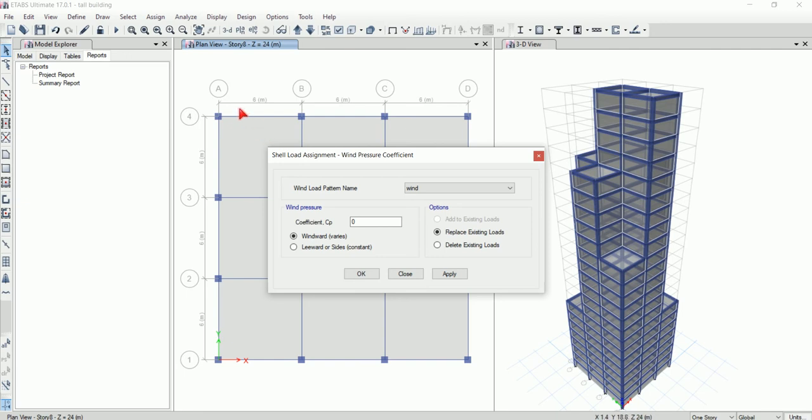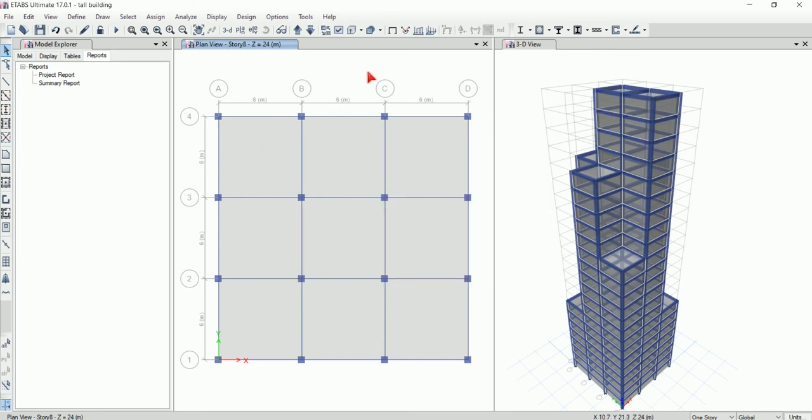So first we'll select the claddings of the respective sides, windward and leeward, and then enter the coefficient values. We also have to enter the coefficient values for the claddings on this side and this side. All these coefficients for all these sides can be obtained from the IS 875 code part 3. Now since we have defined and assigned the loads, it's time to analyze the structure. We'll click on run analysis